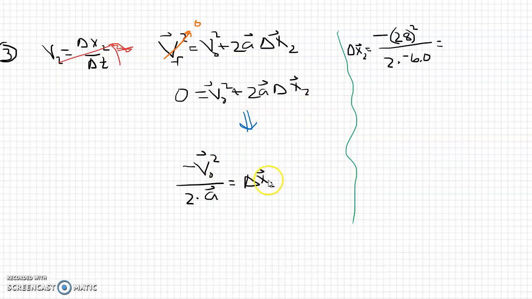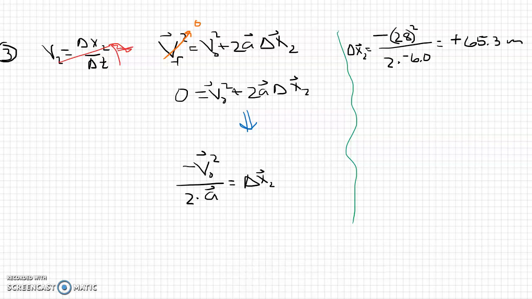I've done some algebra, and I've isolated the delta x2. We are going to bring the V0 to the other side so it gets negative, and then, of course, we're going to have to divide by the 2a. When I go over here to substitute in my numbers, one thing to watch out for here, first of all, this minus is not because this is a negative value. The minus is because we had to subtract the thing to the other side. So you're squaring first and then taking the opposite. That's going to get canceled out because we do happen to have a negative acceleration. So in the end, we're going to actually get a positive value, which is in agreement with what we drew in the picture. All right, so when I do the calculation, looks like I'm going to get about